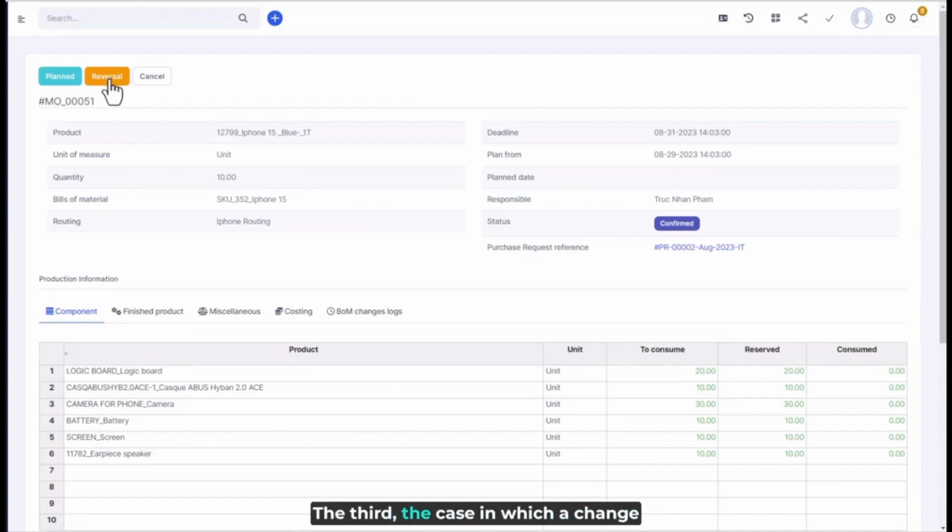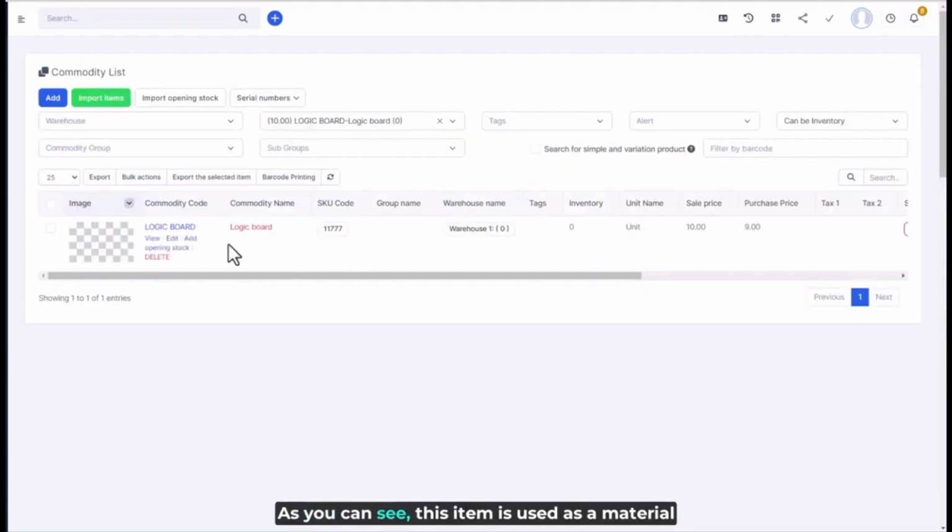The third, the case in which a change in order occurred, e.g. a decrease in order size or stopped order. The fourth, the case in which an urgent change in plan occurred after issuing items. As you can see, this item is used as a material to produce finished products and its inventory is currently